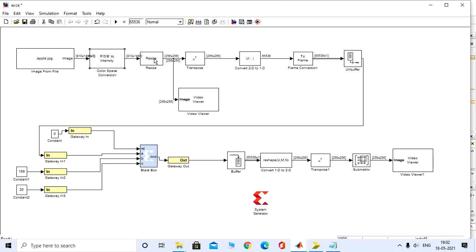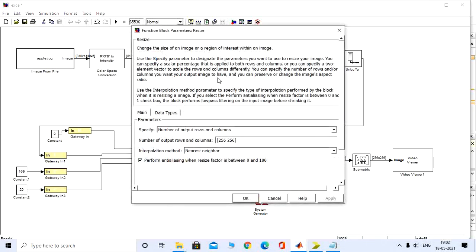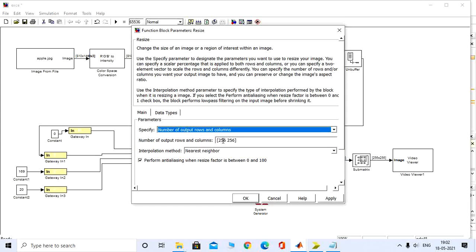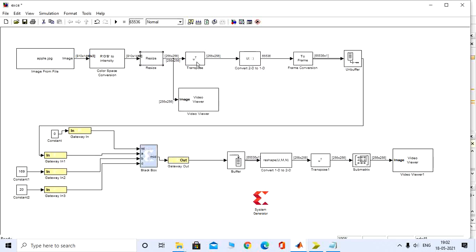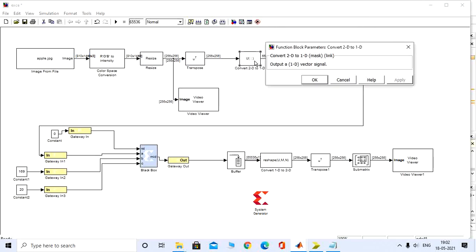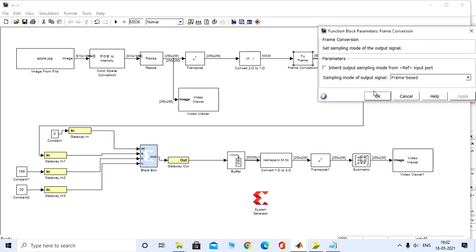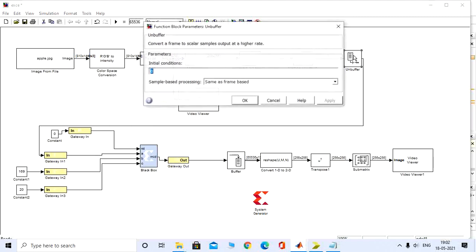Click OK. Resize, here you have to select the number of output rows and columns. Here we have 256 rows, 256. Apply OK. Transpose, there is no change. Convert 2D to 1D, again no change. Frame conversion, no change. Unbuffer, initial condition 0.